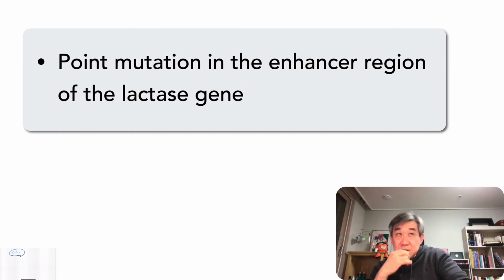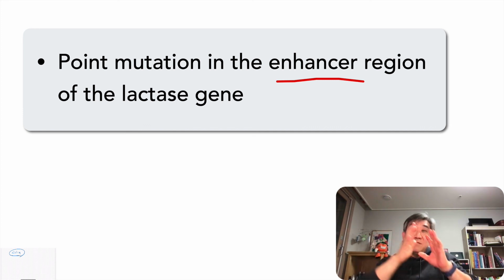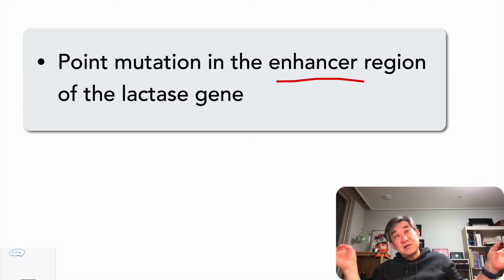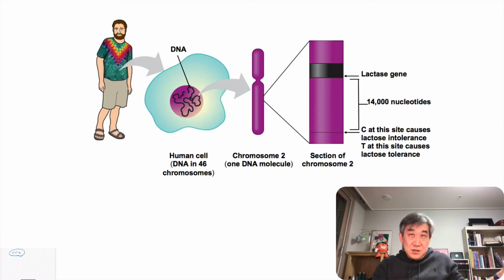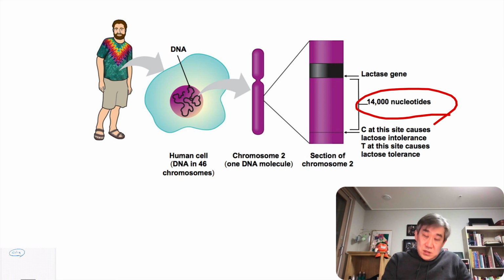Another very interesting aspect of this is, as I mentioned, that this mutation does not take place in the coding area of the enzyme gene. It's one single point mutation in an enhancer region of the lactase gene. But even this is shocking, in that the distance between the transcription start site and this particular enhancer region is, wow, can you see? 14,000 nucleotides. Oh my gosh. How can you imagine that, from such a long distance, this area can have any influence